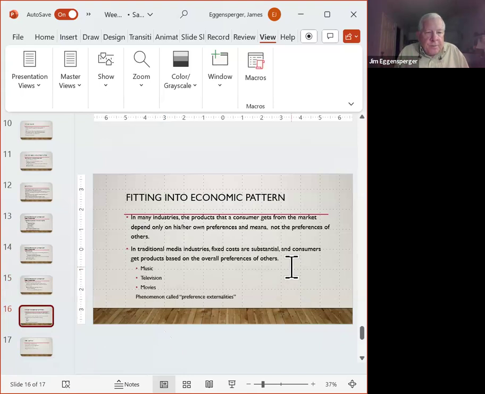Fitting into an economic pattern. In many industries, the products the consumer gets from the market depend only on his or her preferences. Now, if you go to the grocery store, you buy what you like. In the media industry, you have to buy what's available, although this is becoming less stringent as we go along